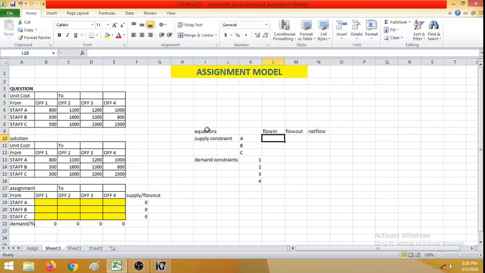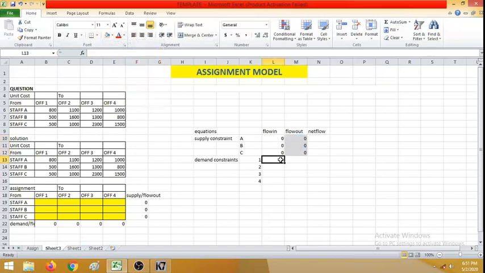Clear? So what are the flow ins? Just check for A, B and C. For A, B and C, there is only flow outs. There is no flow in. So flow ins are 0. Then what is flow out? Flow out is just the supply parameter or the formula we have used. So equal to this cell. Fine. For B equal to the corresponding B cell. For C the corresponding C cell. Clear? So here I have used some formula cells. So I will highlight it with a different color.